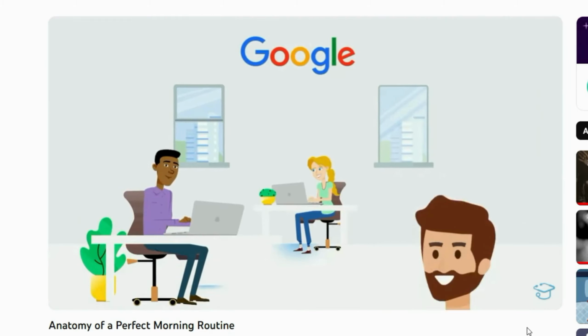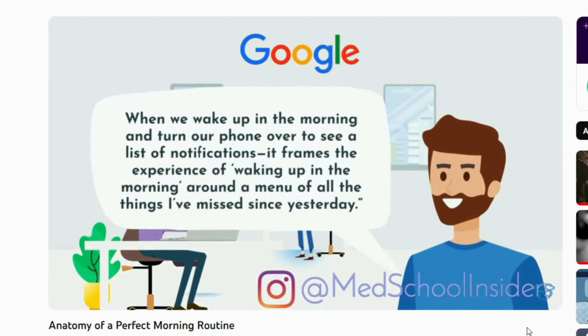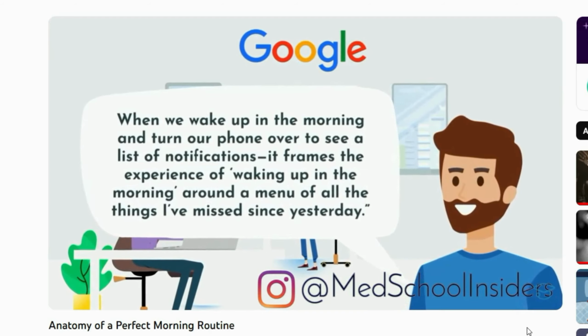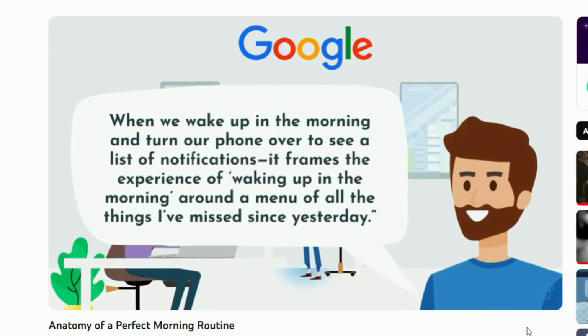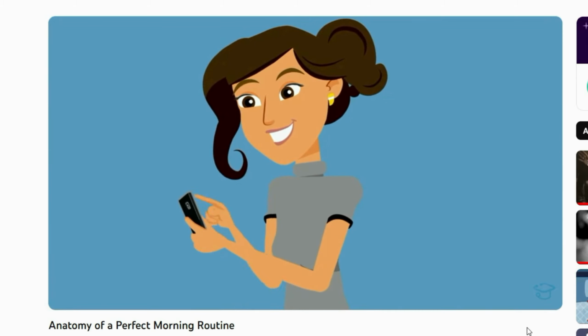Tristan Harris, former Google design ethicist, describes it well. When we wake up in the morning and turn our phone over to see a list of notifications, it frames the experience of waking up in the morning around a menu of all the things I've missed since yesterday. By checking your phone as one of the first activities in the morning, you are willingly starting your day on